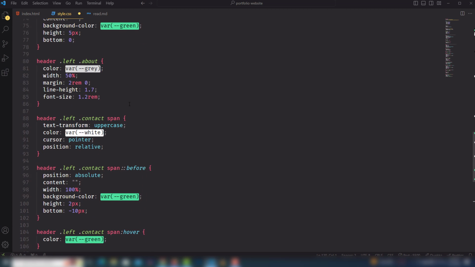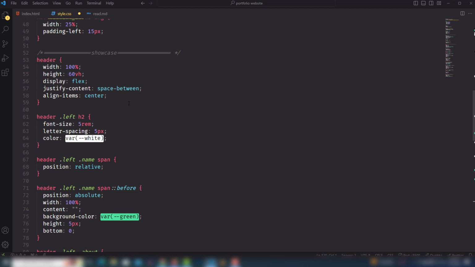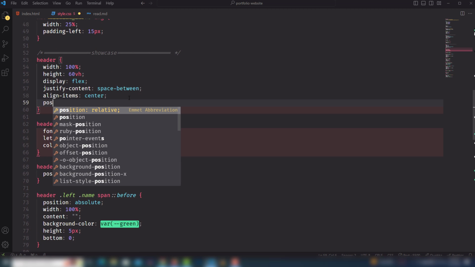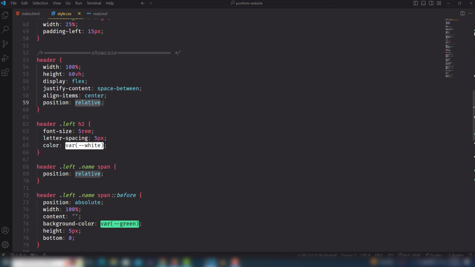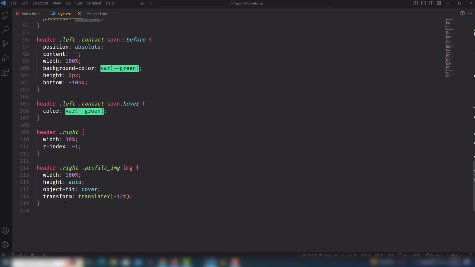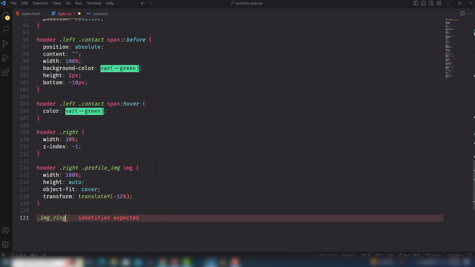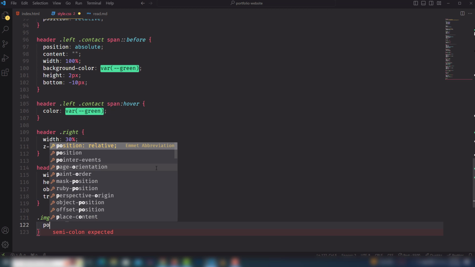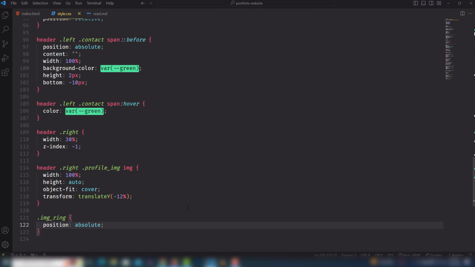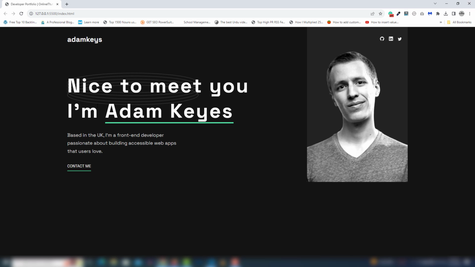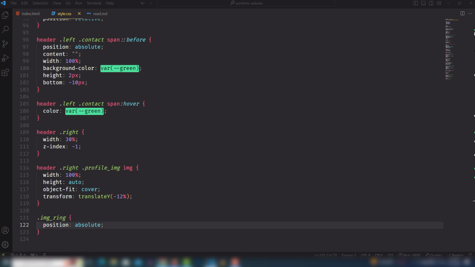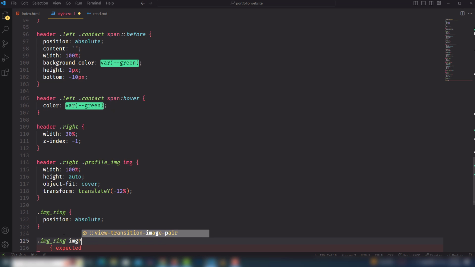First thing is you need to select the header tag and use position relative, and then you need to select that, like this one, and use position absolute. Then the image will move inside the content, but I want to move this one to the left side. So I'm going to get it and use image